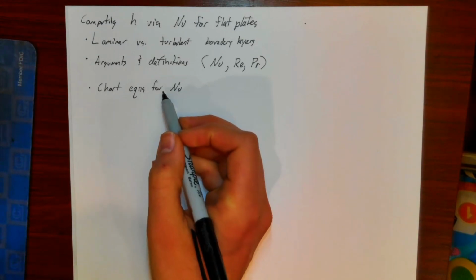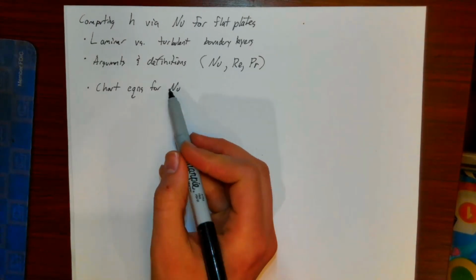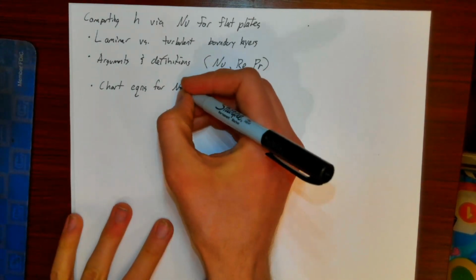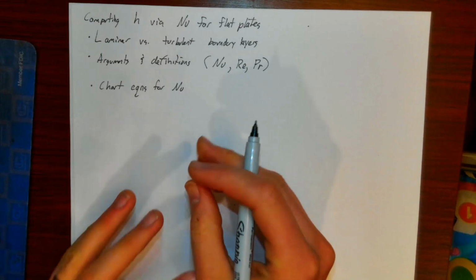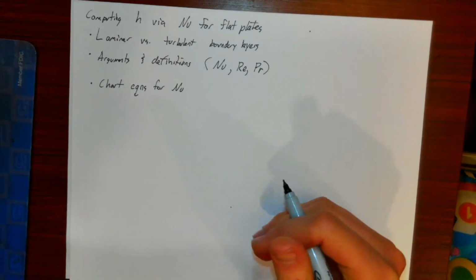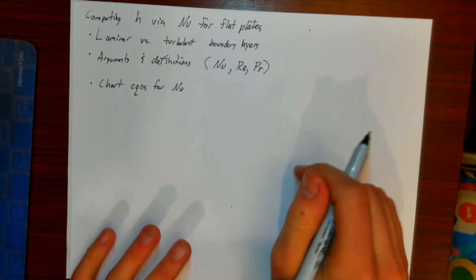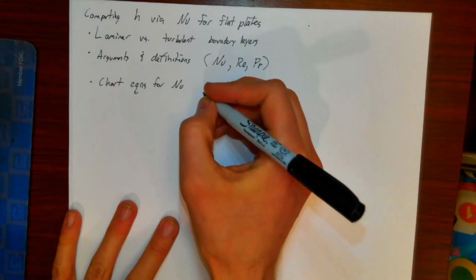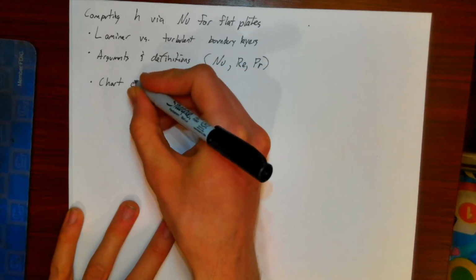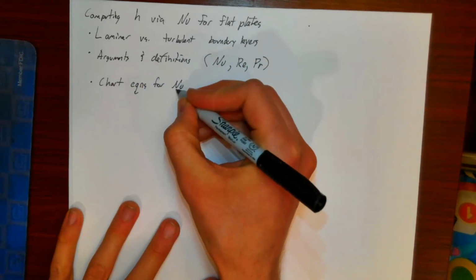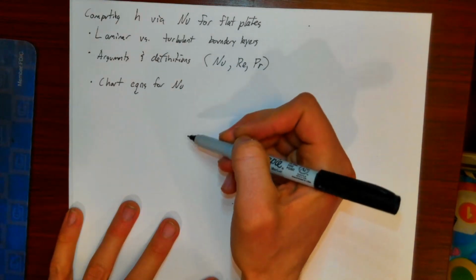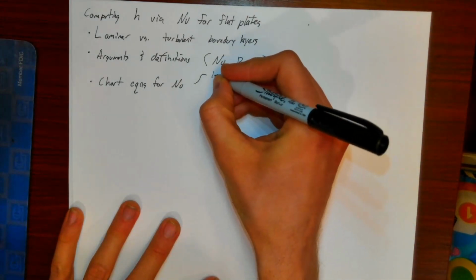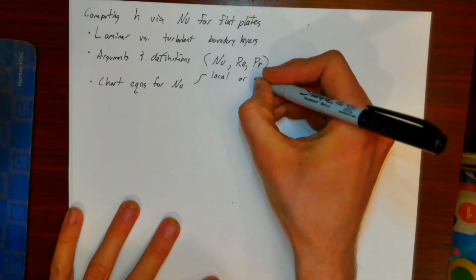Hypothetically, we could say there should be maybe one Nusselt number function to rule them all. But instead, practically it's easier to break up these equations into a set of simpler equations that each have specific ranges of particularly Reynolds number and other conditions that they apply. So we'll have a chart with multiple equations for these Nusselt numbers and sets of criteria that tell you which equation to use. The criteria that we'll use: do we want a local or an average